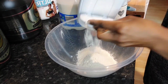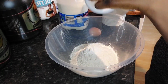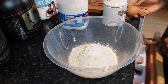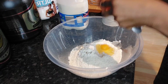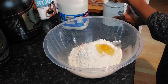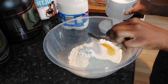I put a cup of flour. I don't do measurement when I'm making my pancakes. You can just use a cup of flour, self-raising flour, and I'm gonna put in 1 egg, any size, and I will be putting 2 scoops. I think I put 2.5 scoops of sugar,